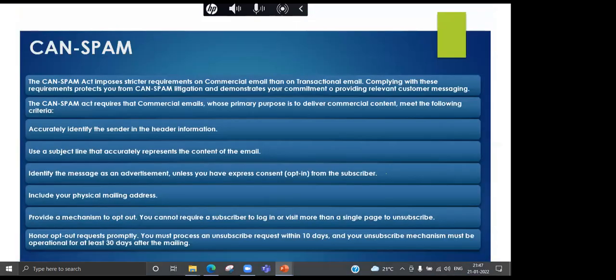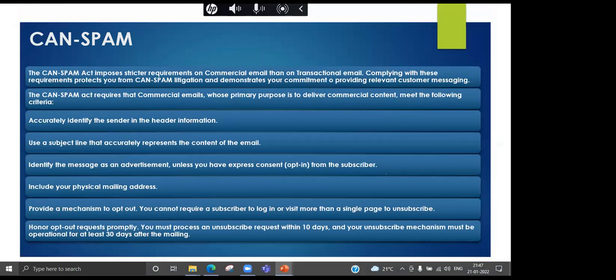In Email Studio, we will be seeing what the CAN-SPAM law is, because this law is very important for every email marketing company to adhere to. If they fail to adopt the CAN-SPAM law, they will get penalized heavily in court. So we will be seeing what all the CAN-SPAM laws are which we have to keep in mind.